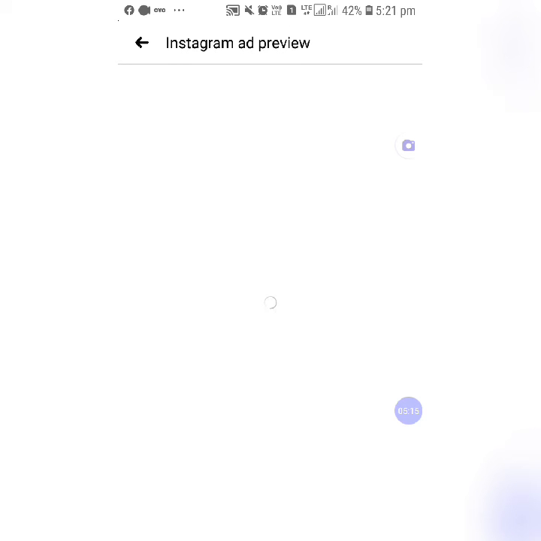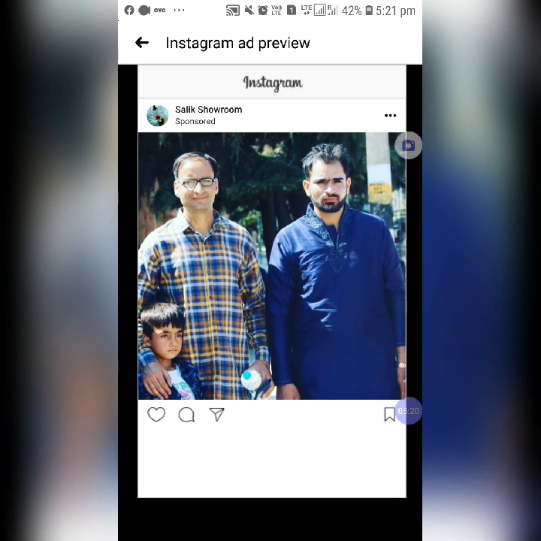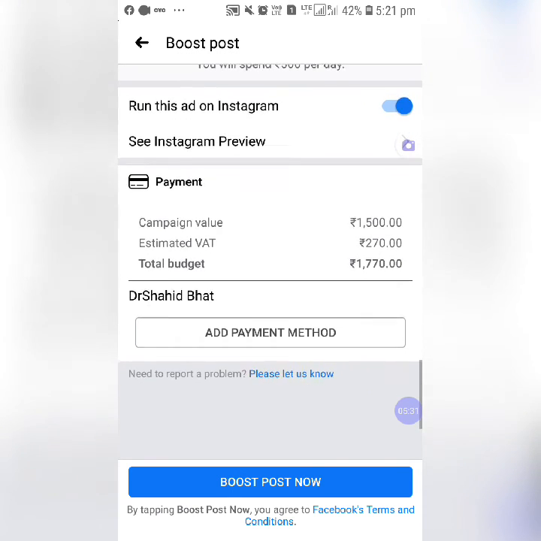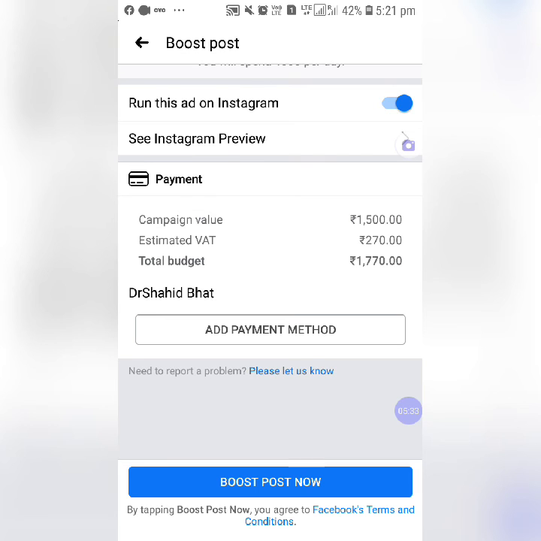Well, we need to wait, it is in process. Well, this is how our ad will be visible on Instagram. Well, dear friends, next is, well, cost history is also there. You can see campaign value 1500 we have selected.